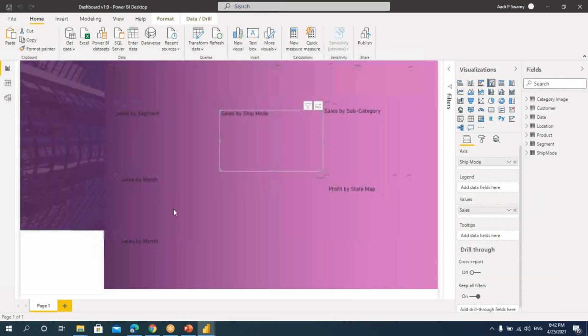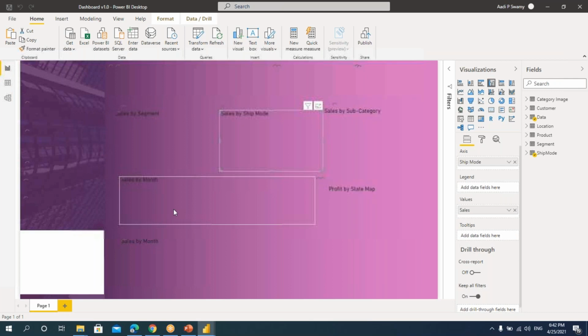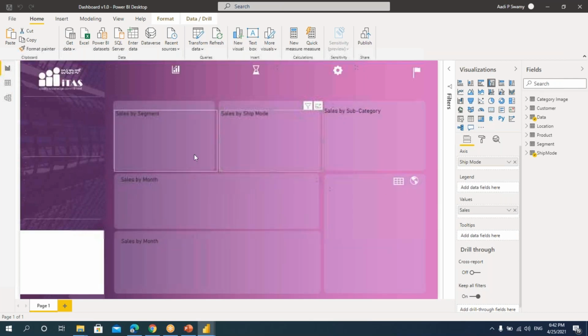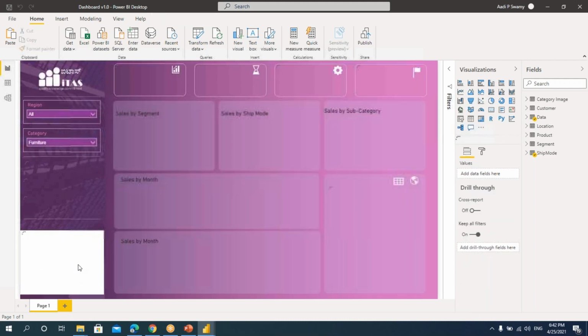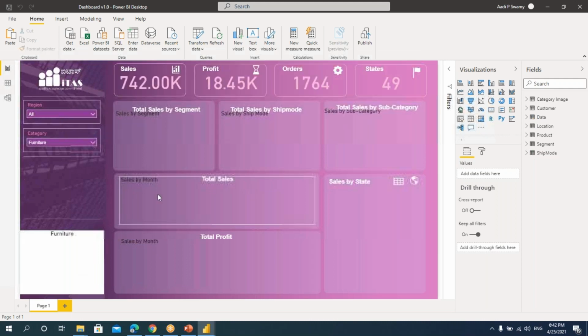All right. So we can create dashboards like this with all the visualizations and buttons. In the course, we'll be teaching you all this in detail: how we can use all these buttons, how to use the images, how to bring in the logos, how to change the images dynamically. So this is the desktop. Still, we have not shared the file. I'll show you how to share this file as well.